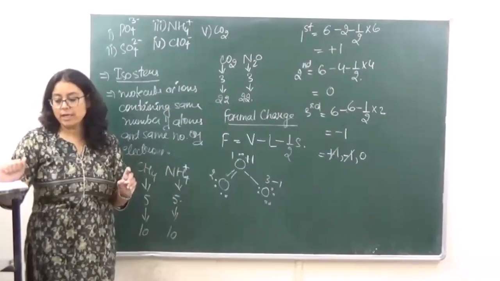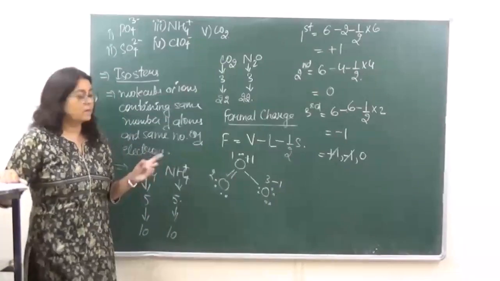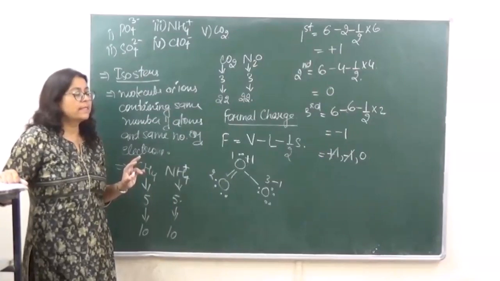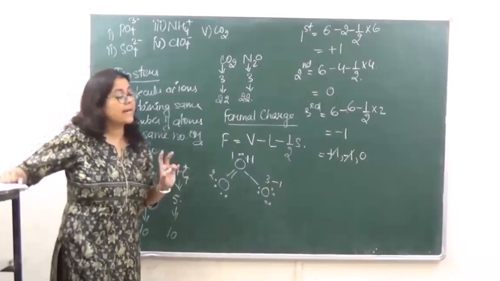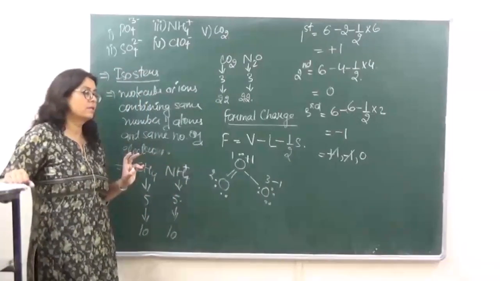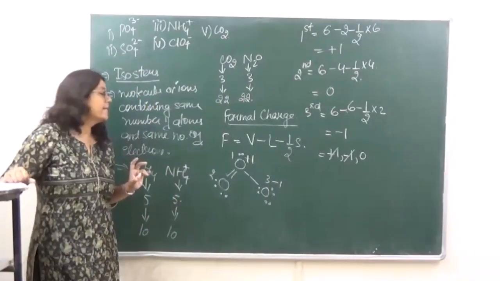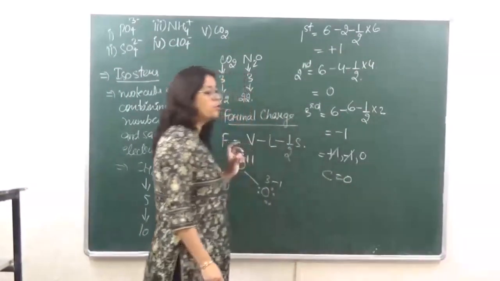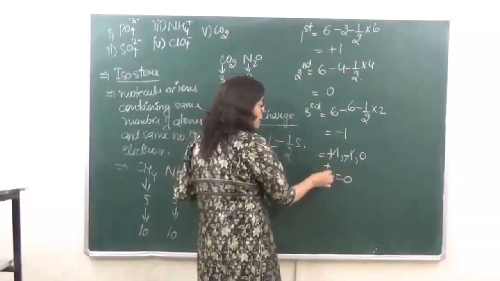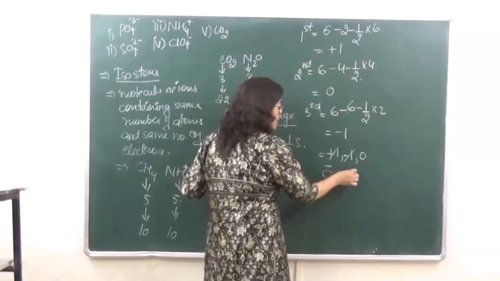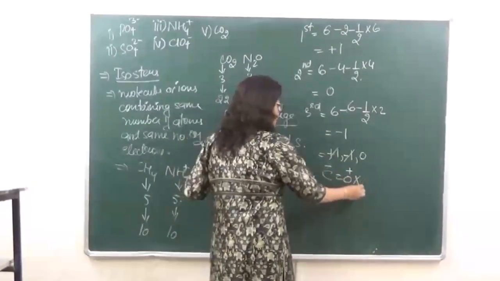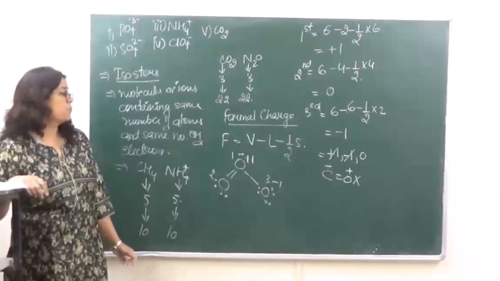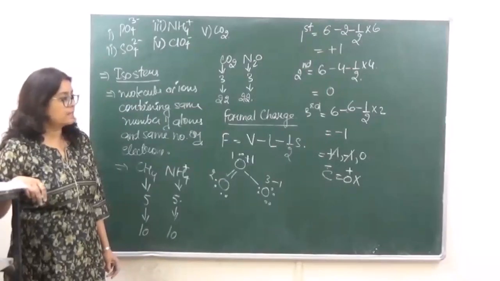So same formal charge cannot be present on adjacent atoms, number one. And number two, the negative charge should always be present at the most electronegative element. ठीक है? जैसे for example, if there is any molecule which is given to you in which the negative charge is given on carbon and the positive charge is given on oxygen, then this is going to be unstable. Because the oxygen being more electronegative should bear the negative charge. ठीक है? समझ आ गया?